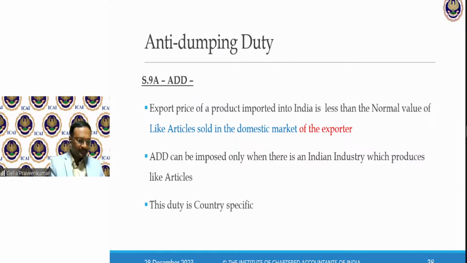Please keep in mind my provisions of safeguard measure, section 8B, which deals with safeguard duty. And this provision, section 9A, deals with the case where the export price of a product imported into India is less than the normal value of a like article sold in the domestic market of the exporter. So here there is intentional